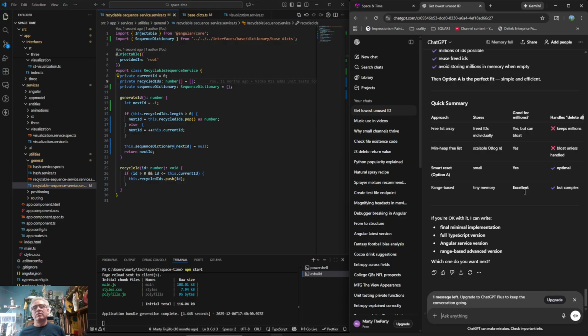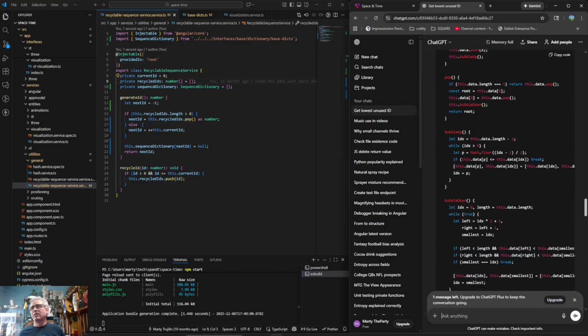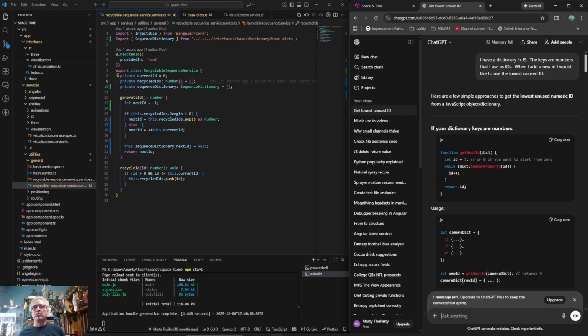Okay, I think I'm just going to go with the very first thing, which is basically what I wanted to do in the very beginning: just go through each ID. I probably won't do the hasOwnProperty. I'll probably just convert it to a dictionary, convert it to an array of IDs, sort the array, and then start at 1 and go to